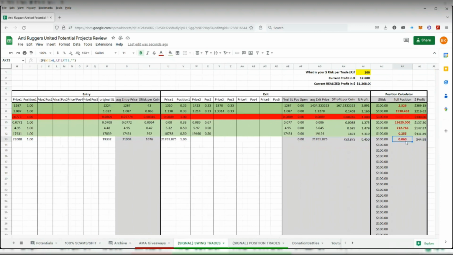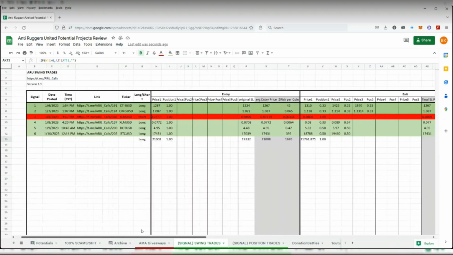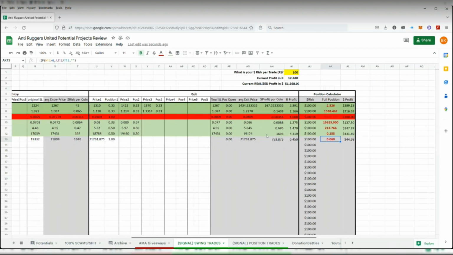And this trade right here, the one we're looking at, from the other guy, the one that only made a 0.4 R, you would have only bought 0.06 Bitcoin, because the stop loss is so far away that if it gets hit, you're going to lose $100. So you could only afford to buy 0.06 Bitcoin. Do you understand? It doesn't matter what your leverage is. You only use enough leverage to be able to afford these positions, the 0.06, the 200 DOT, whatever.